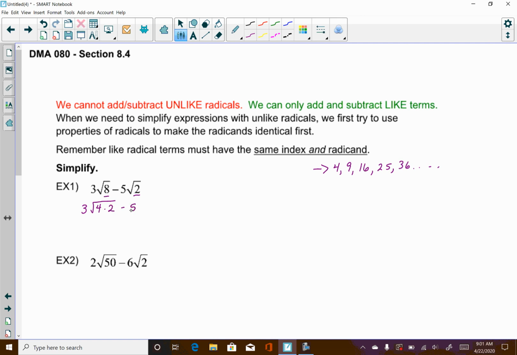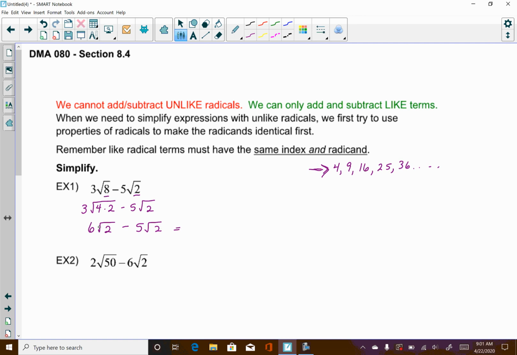And then you have minus 5 square root of 2. I can't break up 2 any further. There's not a number here in my list that will go into 2 evenly. But now if I clean this up, the square root of 4 is 2. 2 times the 3 that's already out here is 6. So I have 6 square root of 2 minus 5 square root of 2. Now it's legal for me to combine these